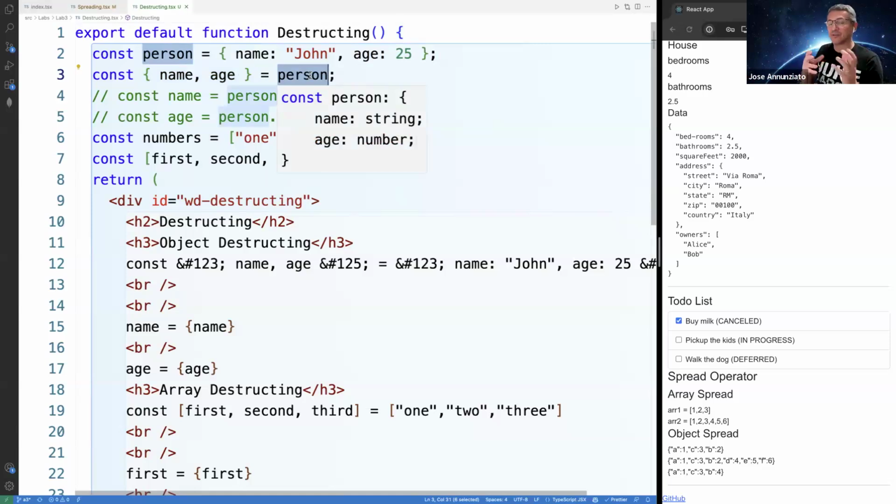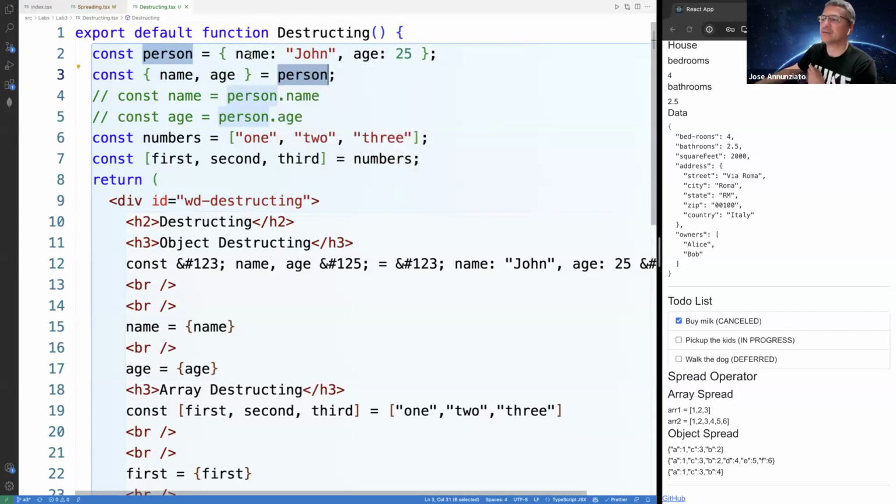And so the curly brackets on the left side are extracting or destructing those properties that are in the person. Person has properties name and age. Person has name and age. And here we are destructing or extracting those